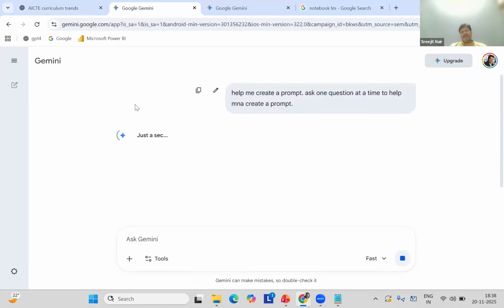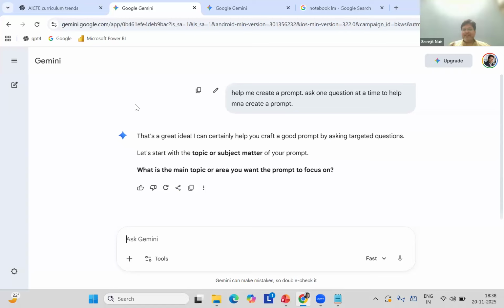So this is just one line, instead of one question that I'm asking. So now it is starting to help me with creating a prompt. It asks what is the topic or subject matter that I want to use. So here I can say